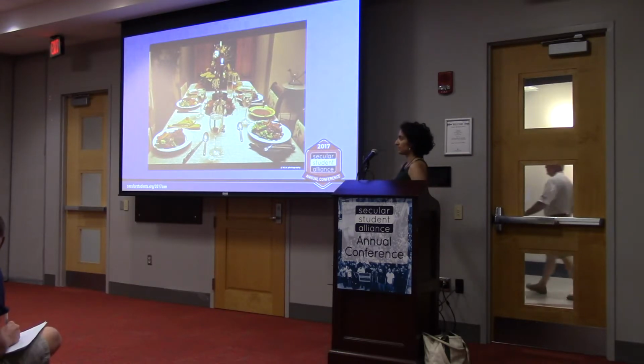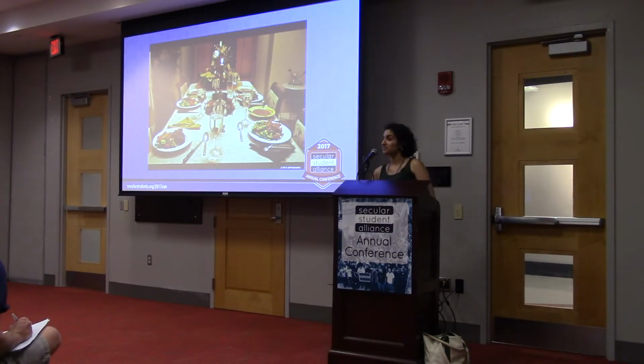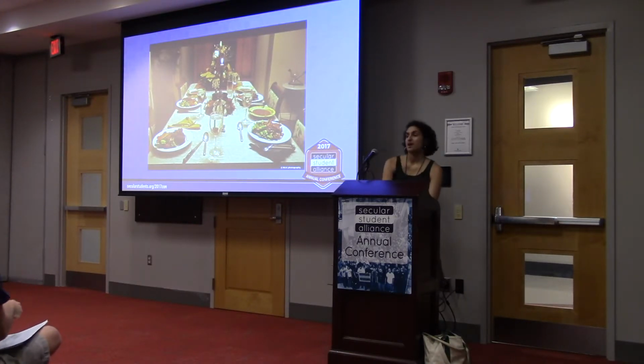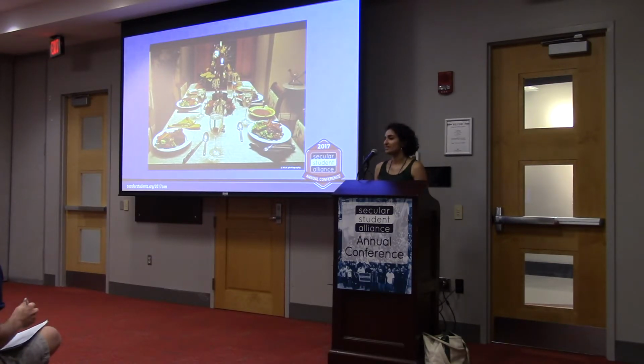This is not what our dinners looked like, but it is just an example of something you can do with your SSA group. We started having weekly dinners just at a dining hall, so it really didn't look like that. But although the dining hall food was great, we put a little SSA sign on the table, like a folded piece of paper, just so everyone could find us, and made a Facebook event, and that way people who maybe can't come to the meetings or just want to get to know the group